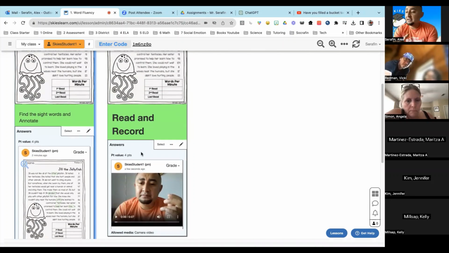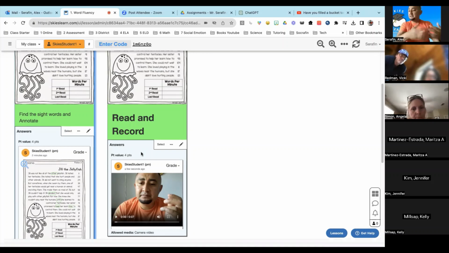Again, I love this because it's reinforcing, and I did this already with them. My lesson with this fluency passage, we read it together, we highlighted. Most of the time, they have the fluency passage with the sight words already highlighted on their own page. I'm using this mainly for reinforcement and accountability,